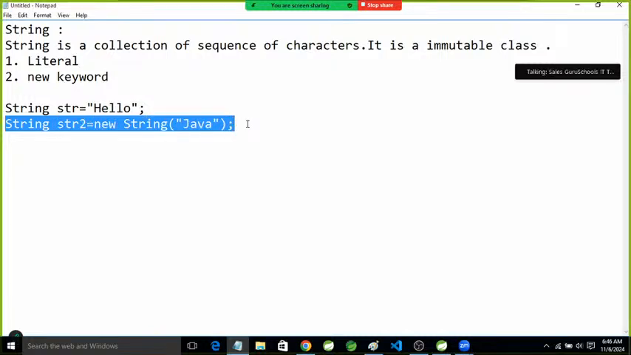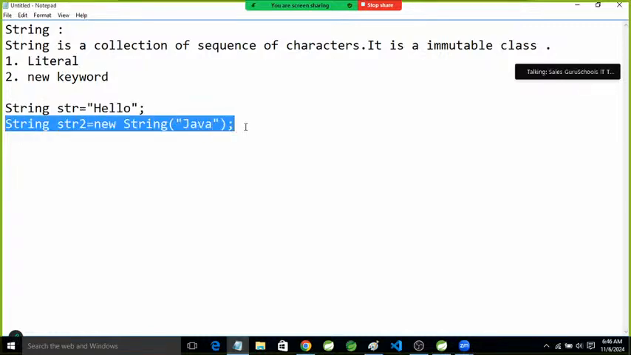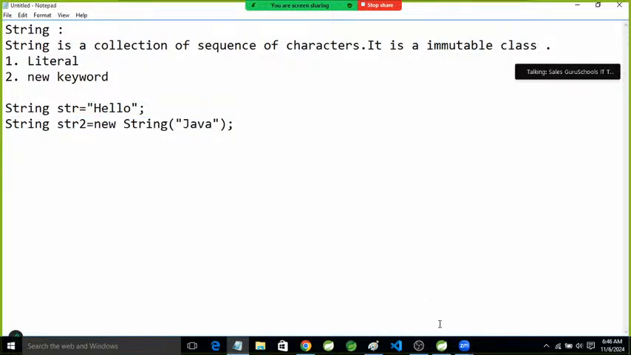Okay. Must remember this. In the string literal way, only one object will be created, but if we are using the new keyword, two objects will be created in the memory. Okay. Second thing,